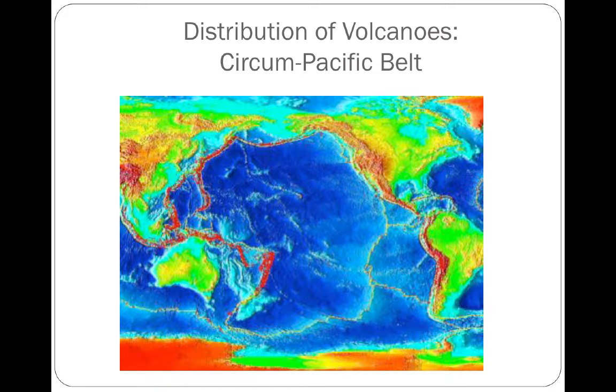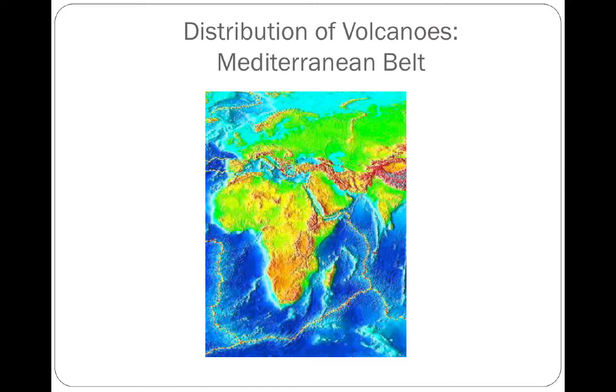When we look at the distribution of the volcanoes along the different plates, you're going to see that the location of volcanoes goes right along with high frequency areas for earthquakes. And when we plot those out on a map, you start to see the edges of the tectonic plates.